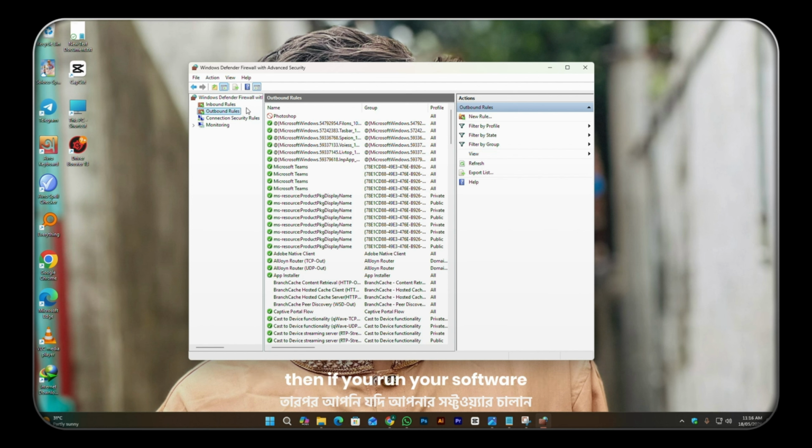Then if you run your software, that software pops up that message. Hopefully you will see the problem is solved. This is the first method, and the next method is